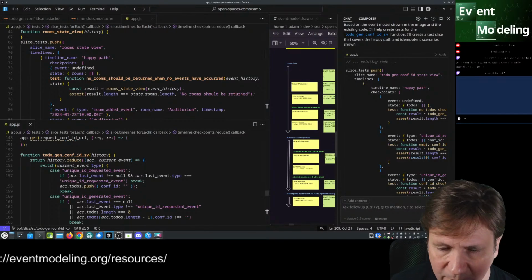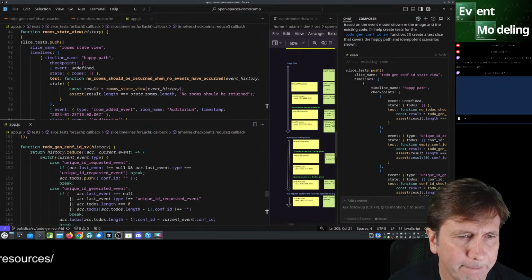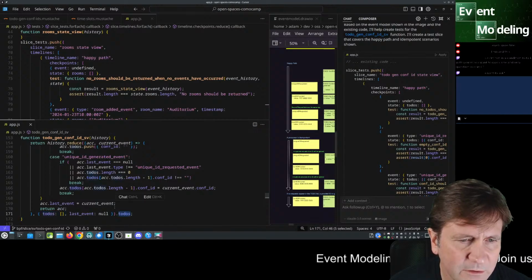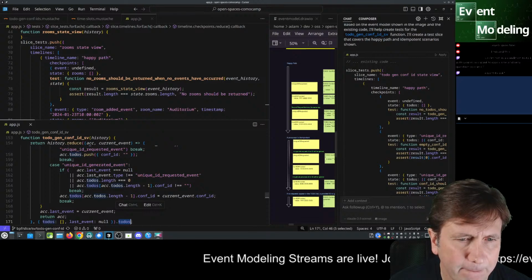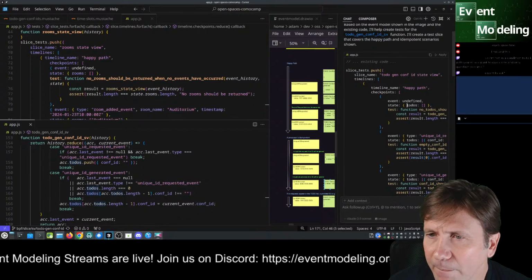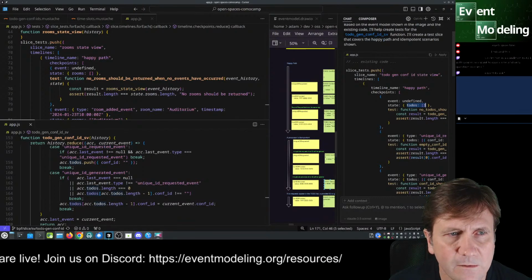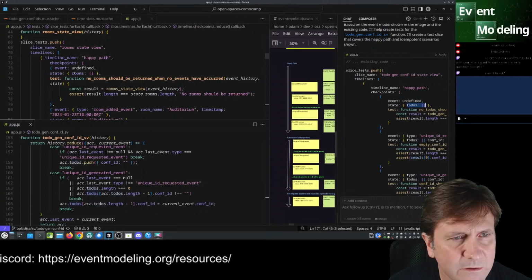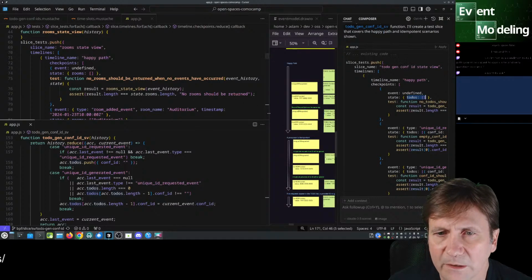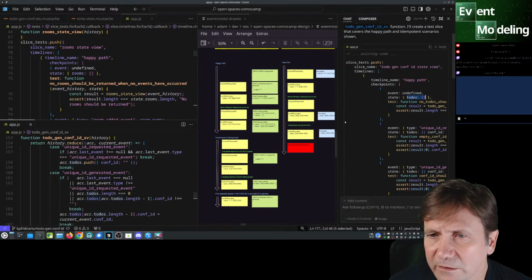So that's what's confusing here. What does this thing return? It has a to-dos, and it does return the to-dos. That is the state. Just like we had rooms here, it has the to-dos here. Okay, so we are good for that.